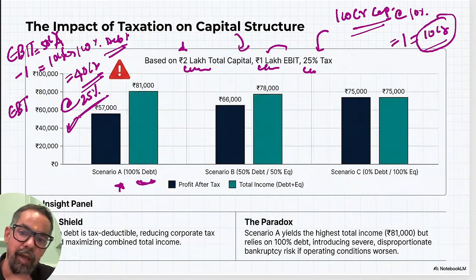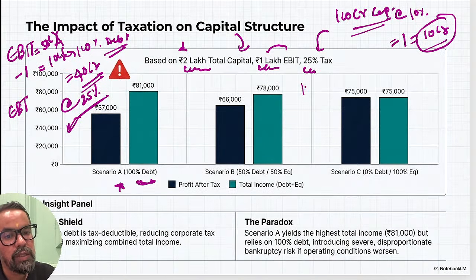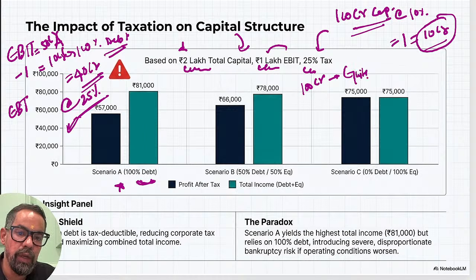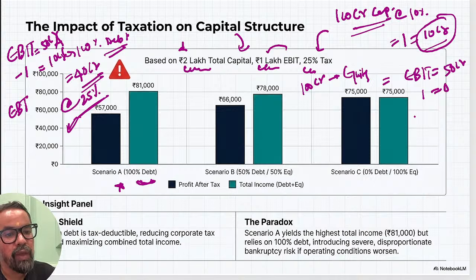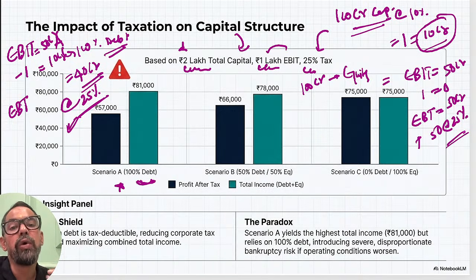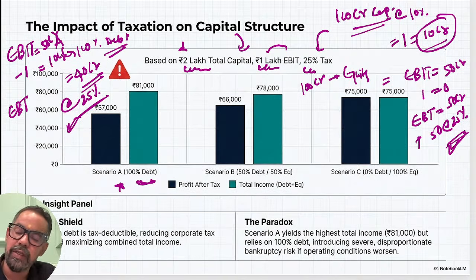Now, same thing, let's say we have raised 100 crore rupees through equity. We have raised this entire money with equity. So your EBIT, earning before interest and taxes, is equal to 50 crores. Let's say the same profit. There is no interest, 0. So EBT, earning before taxes, is also 50 crores. So you have to pay taxes on 50 crores at the rate of 25%. That means you have to pay more taxes in this particular case, right? So this is how we are making the differences.